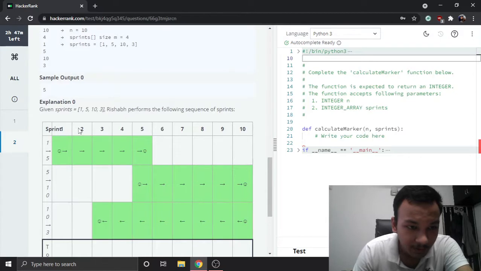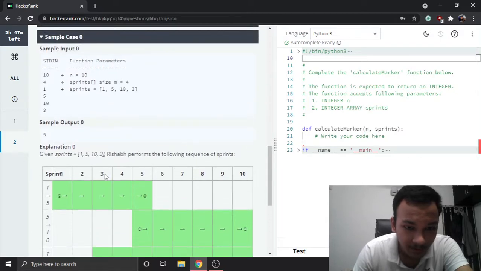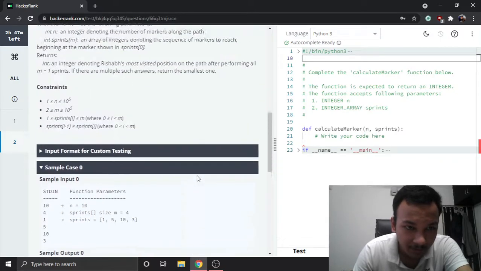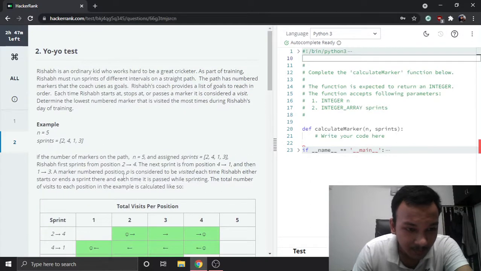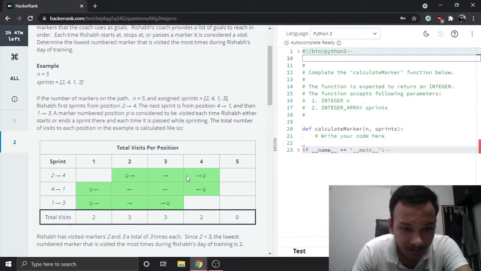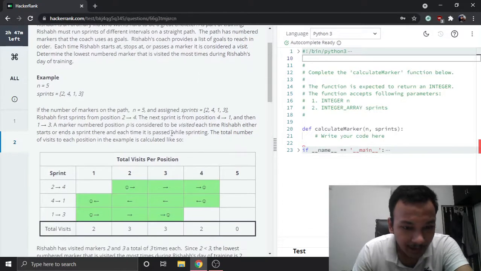So this is 10, तो ये 1 से लेकर 10 तक होगा ऑफ कोर्स. Then sprints है वो 2 से 4 भागेगा, then 4 से, ओके समझ गया. So इसमें क्या करेंगे? The first approach will be 2 से 4 तक सब प्लस कर दो, 1 डाल दो, then 1 बैक सबको, फिर 2 कर दो इसको, but that way it will be O of n square depending on the number of